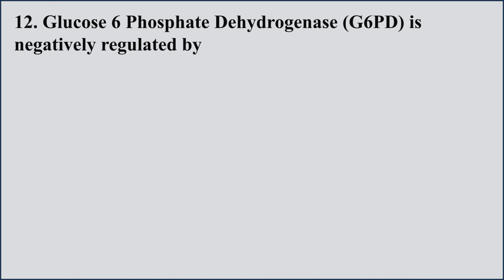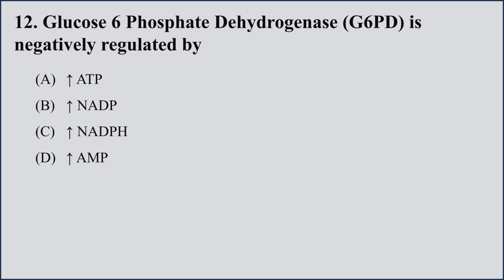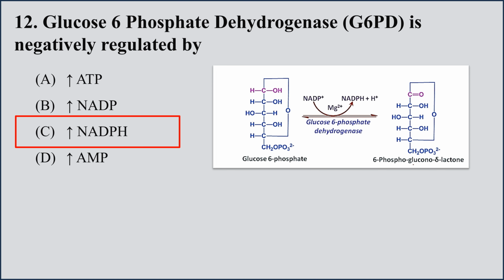Glucose 6-phosphate dehydrogenase enzyme is negatively regulated by: A. Increased ATP, B. Increased NADP, C. Increased NADPH, D. Increased AMP. The right option is that glucose 6-phosphate dehydrogenase is negatively regulated by increased NADPH levels. When there is enough production of NADPH, by feedback inhibition, it will inhibit the activity of the glucose 6-phosphate dehydrogenase enzyme. This is the first reaction of the pentose phosphate pathway, in which glucose 6-phosphate converts